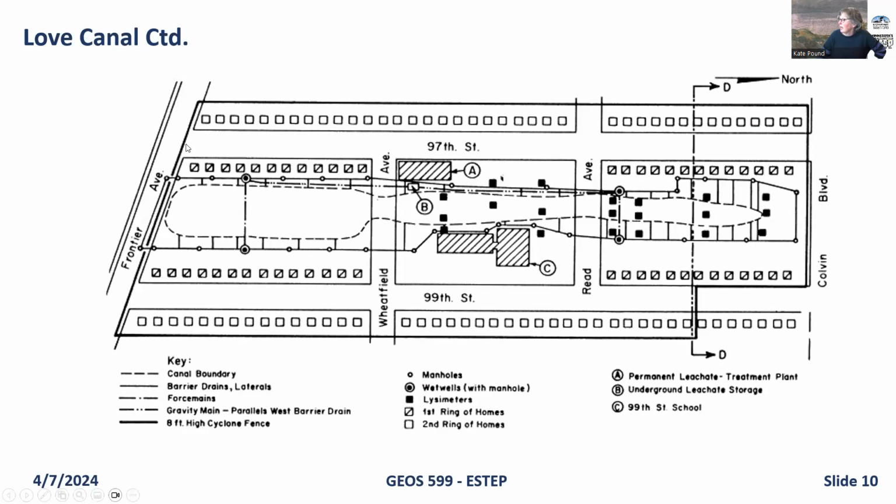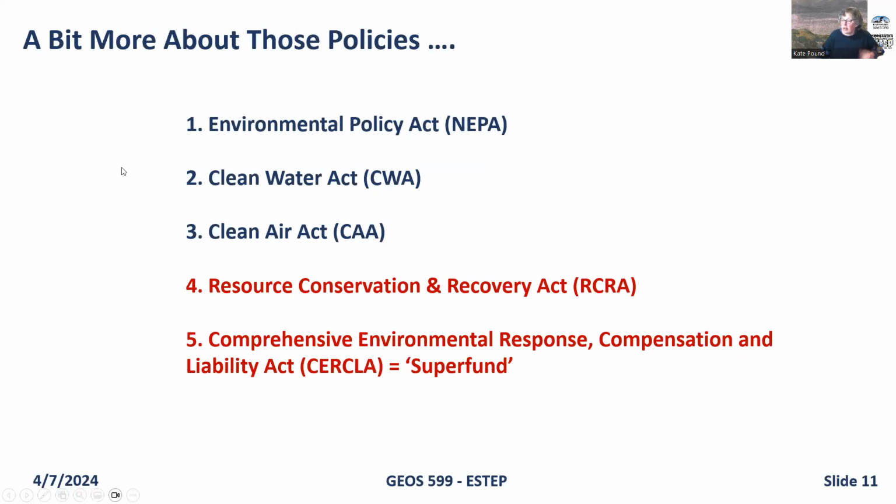If we look at a map of the area, this captures that central area where the canal with all the toxic material was in. So between the Cuyahoga River and the Love Canal, which garnered presidential attention and visits because it was just so unconscionable. This is what led to all of these policies being enacted.